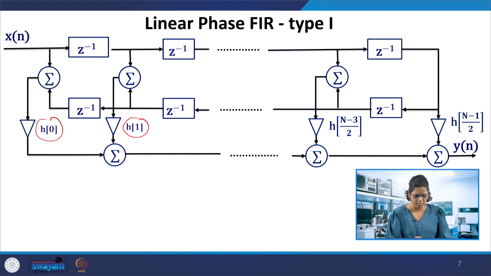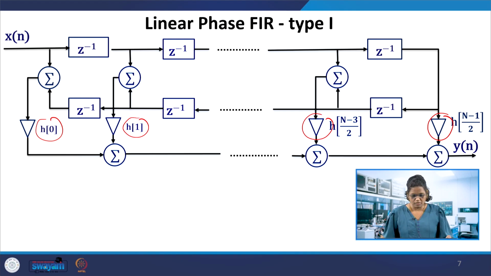The coefficients are combined here. This is the last coefficient, and this last coefficient comes as the center point of the FIR filter coefficients, as we have shown in the previous case. So this structure is again the linear phase FIR filter, wherein in the first case the coefficients are not symmetric, whereas here in the linear phase it is with symmetry, whether midpoint symmetric or midpoint antisymmetric.